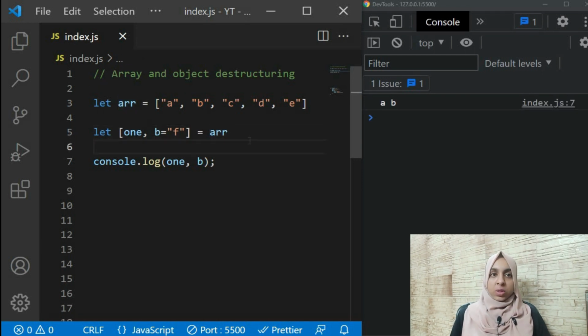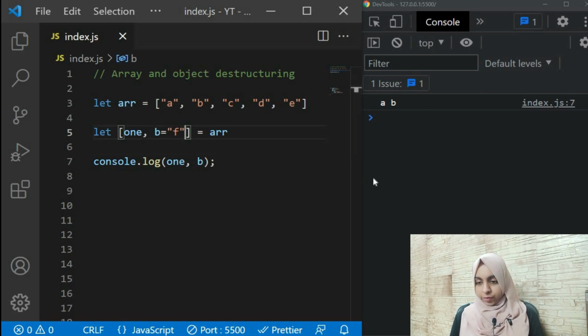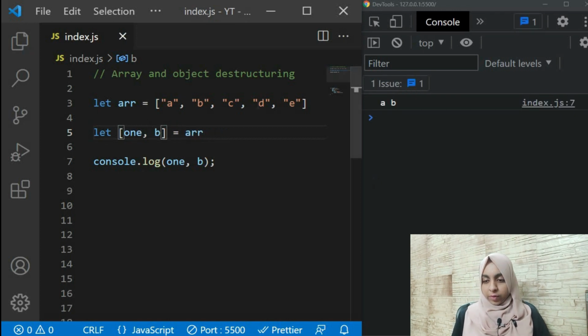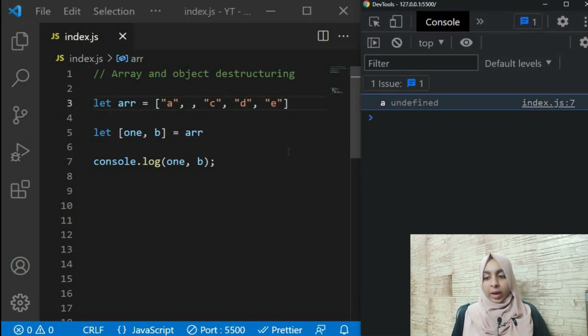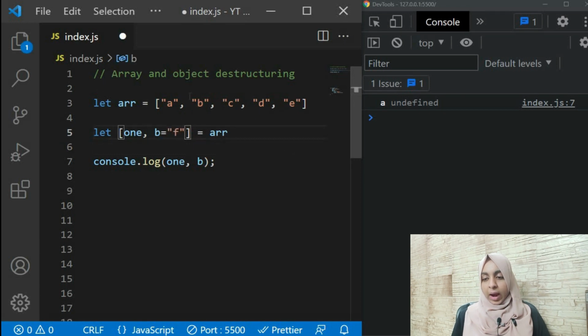So this is how we use array destructuring. Now what else we can do is, if we didn't have a default value given to it and we also didn't have a value inside the array for that place, you see we get an undefined back, right? But if we had a default value defined but we didn't have a value over here, it returns the default value, and if we had a value and we had a default value, then it returns the value which is actually present in your array. So this is how your array destructuring works.